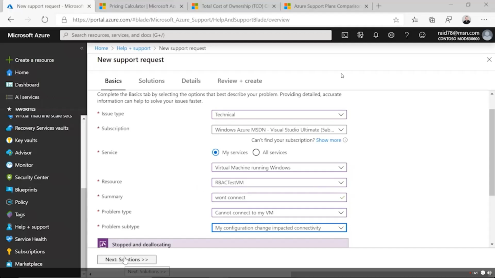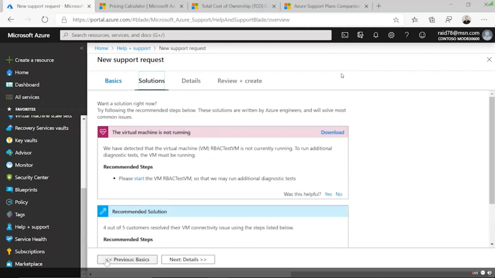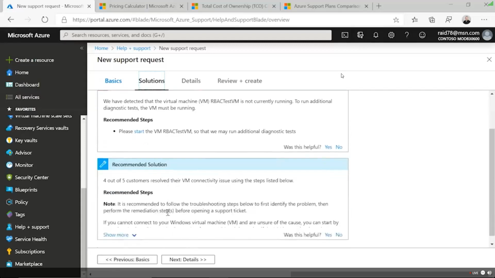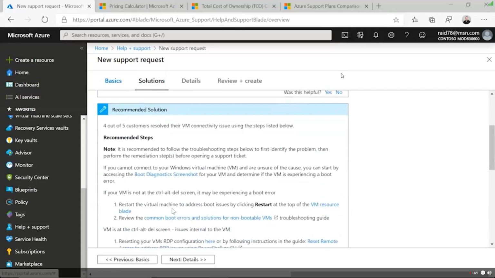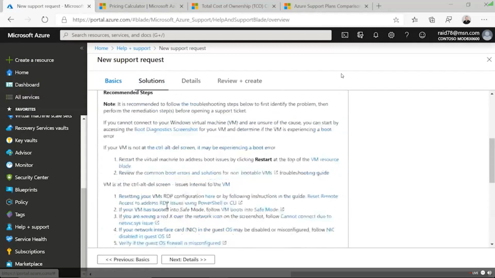So when we go through the support request, Azure has some technology behind it that's going to say, you know what? There's something wrong. And in this case, I knew the machine was turned off, and this tool told me. So it ran across my subscription. It even gives me some recommended best steps on how to actually move forward inside of there. So I have the ability to troubleshoot this. I chose this machine purposely because it is turned off. It's going to get those high-level basics.